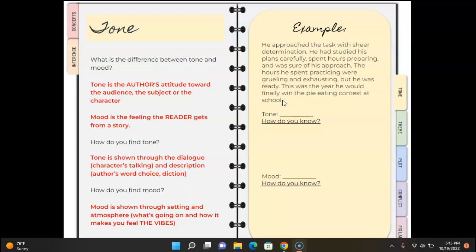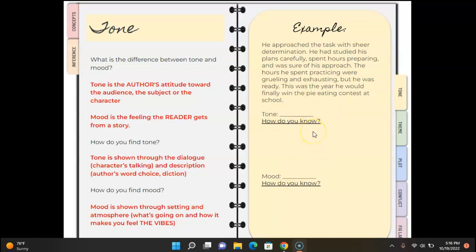So for example, we could say that the tone, right, the author's attitude towards the audience, is very confident. This person is confident, and they're writing in a confident way that they're going to win the pie eating contest at school. Versus our mood of reading this could be that we're excited or motivated or impressed with what's going to be happening in this short little example story. So if you have a different tone or a different mood, go ahead and fill those in,